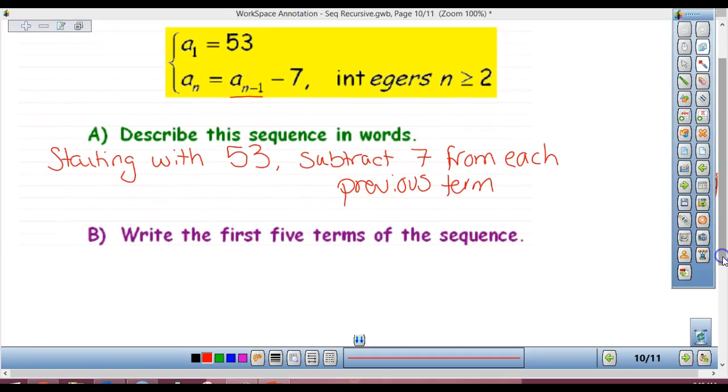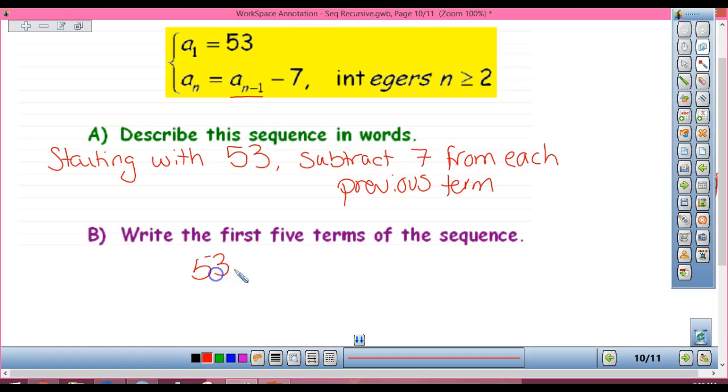So our first 5 terms, what are we starting with? 53, so that's our first term. And then we got to subtract 7. What's my second term? 46, 39,